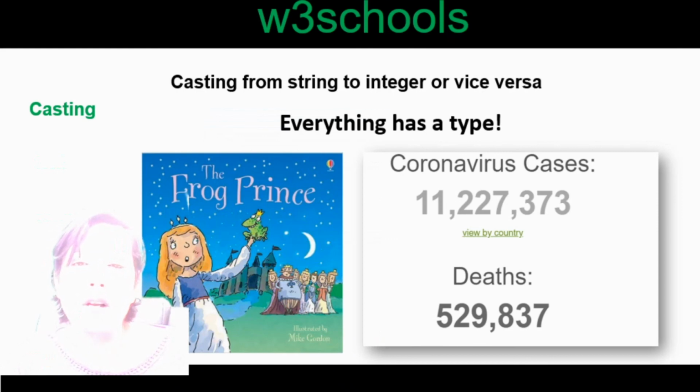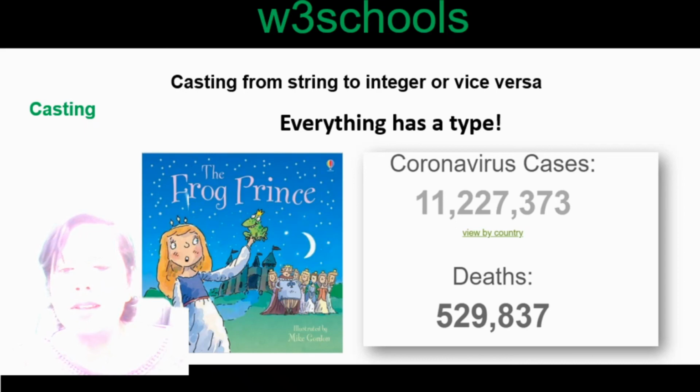Finally, there's something called casting. Now, in the video series that I do for Introduction to Programming, this is explained very beautifully, but to put it simply, every single bit of data has a type, just like how we have a type. Now, when we think of the word casting, we think of casting a spell, which I'm against, or you think of fairy tales where you have a frog where a spell is cast on them and they change into something different, like a prince. And in the same way, you have data which has types. It can be a string, it can be an integer, it can be a float, and you need to know